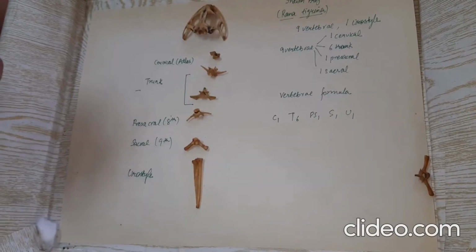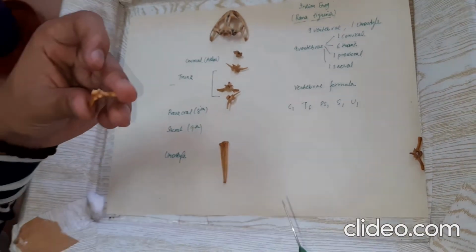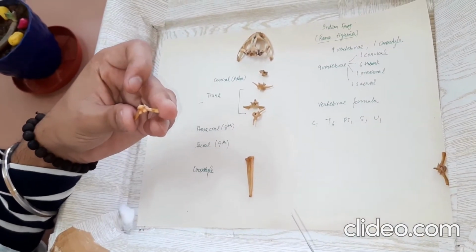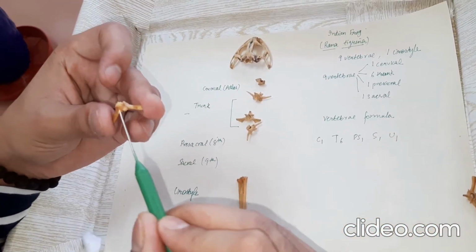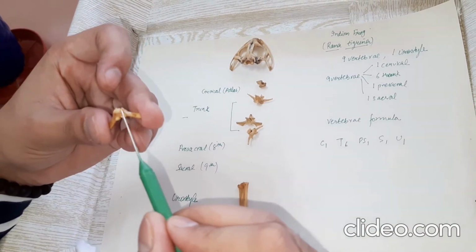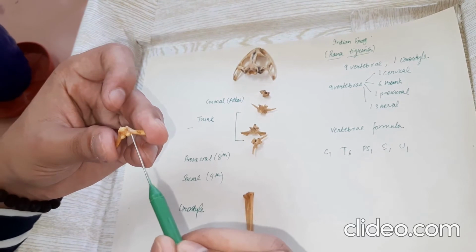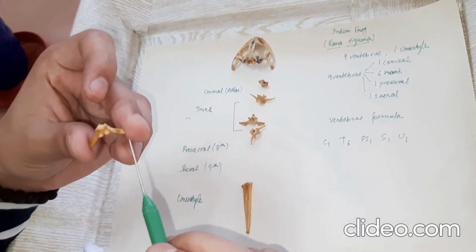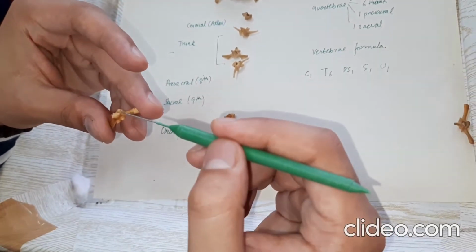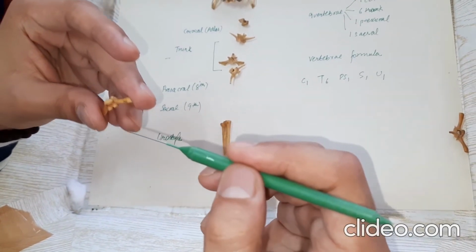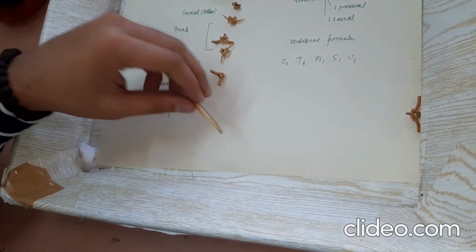So the next vertebra is sacral, that is the 9th vertebra. Its centrum is acoelous, that is, convex at both ends. It has a large convexity in the front and two small convexities at the hind end. And its transverse processes are stout, and this is the prezygapophysis. It basically lacks postzygapophysis.